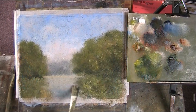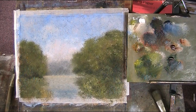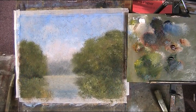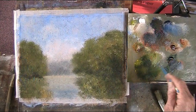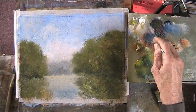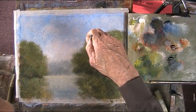Just enhance that blue a little bit. Well, let's get a rigger. I'll pour out a little bit of oil. I've still got plenty of oil there. Rigger. That's my rigger. And we'll just get some lightish colour, some greeny colour, and